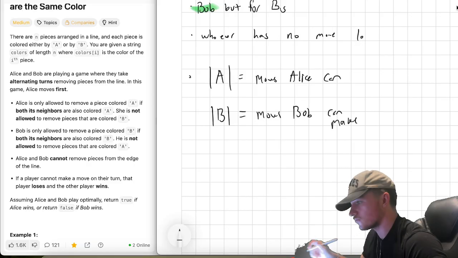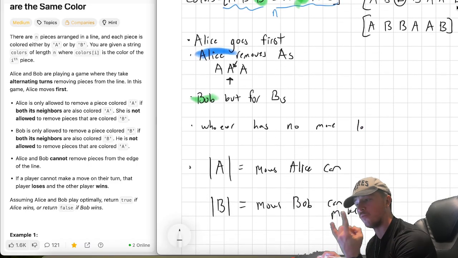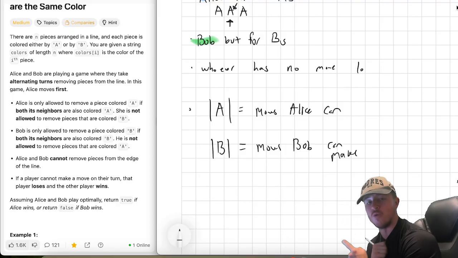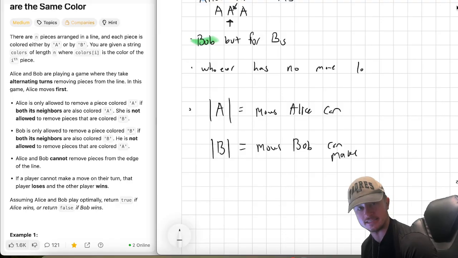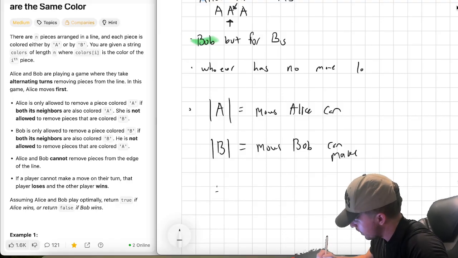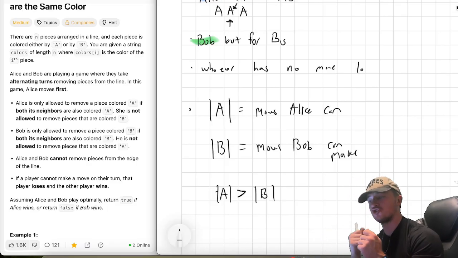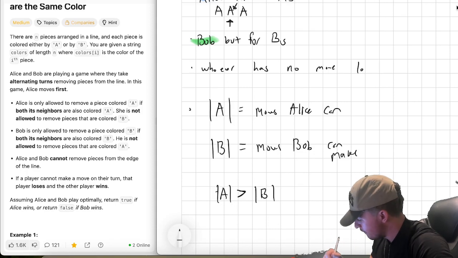Well, since Alice goes first, we saw in this example when they both only had one move, Bob won because he went second, right? Because Alice removed one, Bob removed one, now it's on Alice again. So Alice can only win if she's strictly greater than Bob, right? If the number of moves that Alice can do is strictly greater than the number of moves that Bob can do, then Alice wins. Why? Because if they both make,